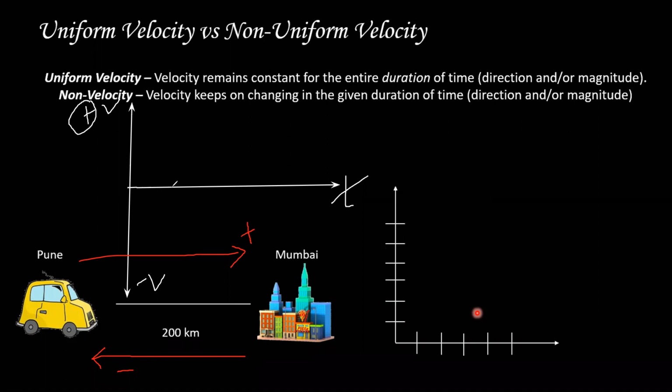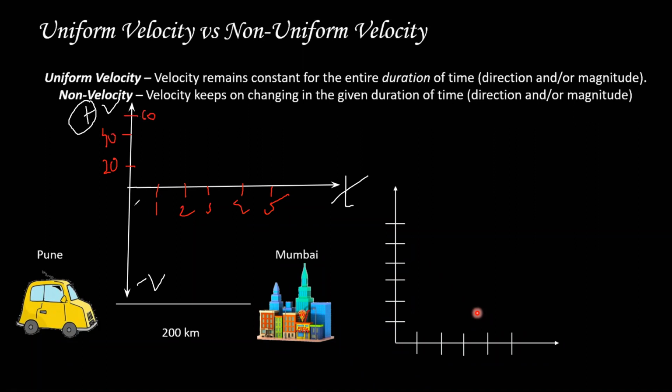Okay. So in a similar way, we have positive velocity and negative velocity. Now, let's say we have the same timestamps for our car. 1, 2, 3, 4, and 5. Okay, 5 like this. And our velocity is the same, like let's say 20 over here, 40 over here, and 60 over here. And folks, also minus 20 over here if I'm returning back. Okay, if my motion is in backward direction, so it is minus 60.